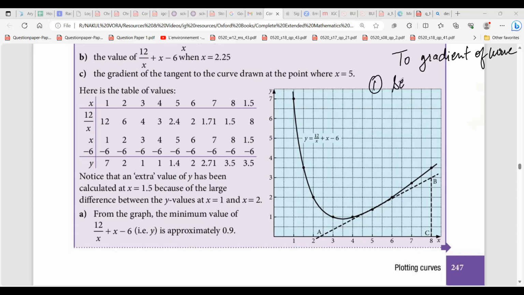Point 1, select a point. इन्होंने बता दिया है. What is the point? Find the gradient at x is equal to 5. Where is x equal to 5, sir? ये point है. Okay. After selecting the point,